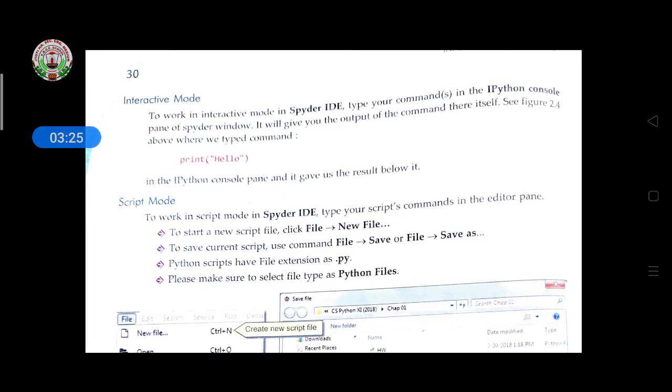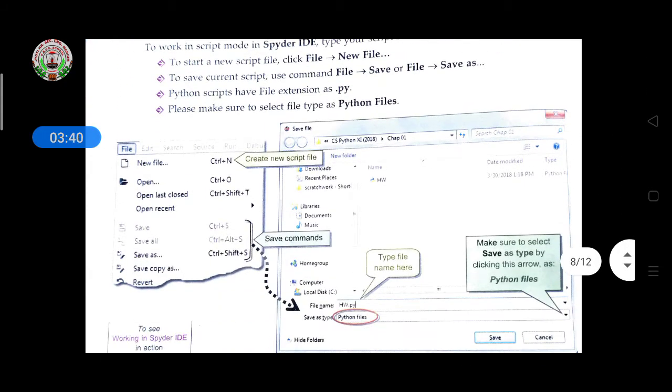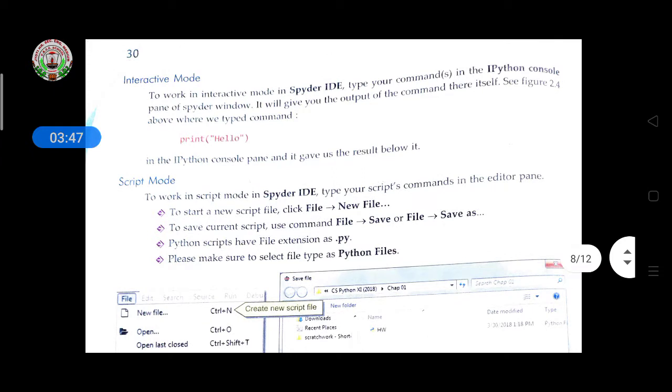Like this, after giving the command, you will get the output line by line. So when you give print hello, the IPython console pane gives the result below it. Below it is given the hello world program output.